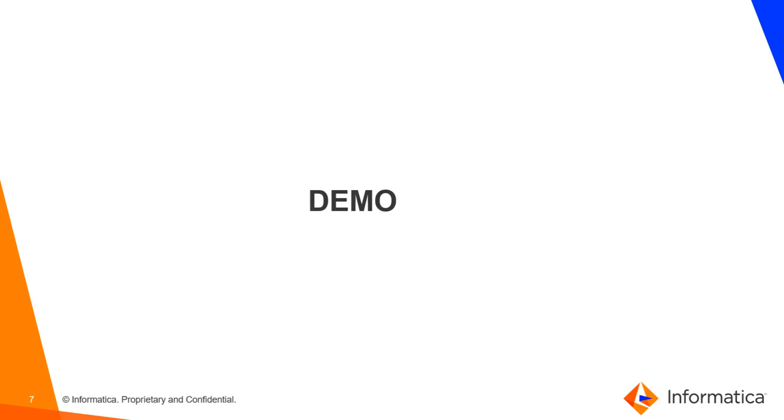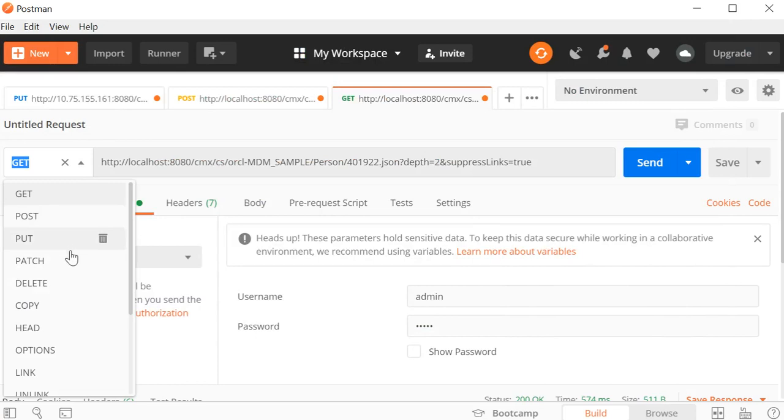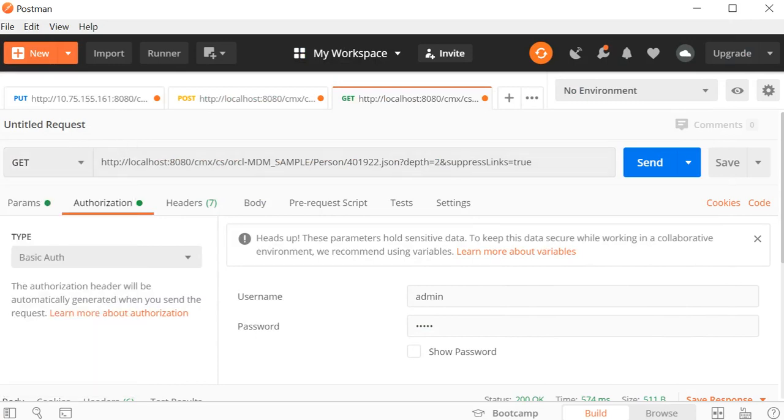Now let's begin the demonstration on how to perform the REST API calls using the Postman tool. So this is the Postman tool, and here is where you'll be able to perform the REST API calls, and this is where you'll be able to select the various calls you want to perform. Here is where you'll give the URL, and you'll mention the host name, port, and the database ID in the URL.